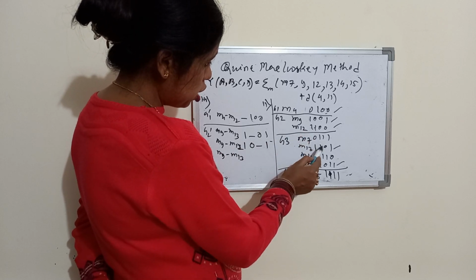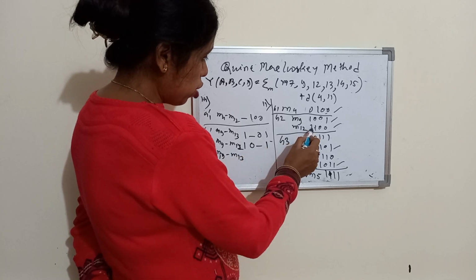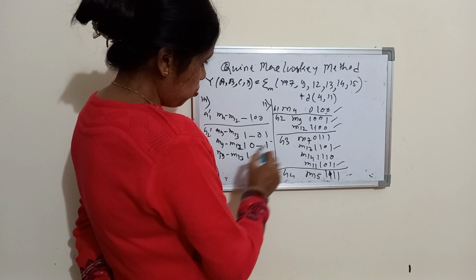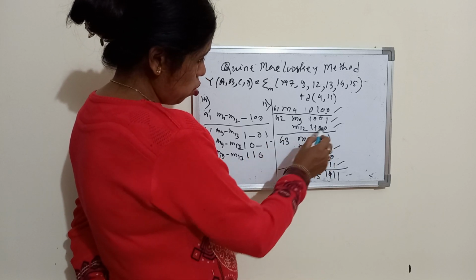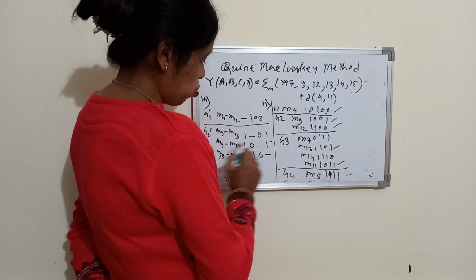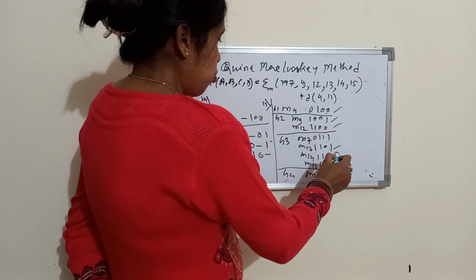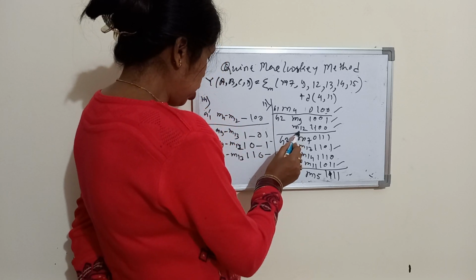This is same, this is same, this is same. M12, M13. Okay, so here you can see 1 is same, 1. 1 is same, 1. Now 0 is same, 0. Here it is 0, here it is 1. So dash mark. M12 is compared with M13. Okay, now come to the